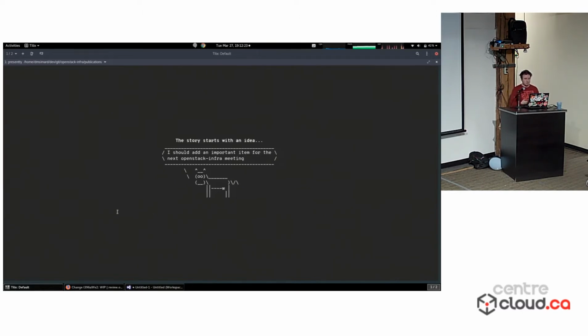It's open source. It's an open community. You can do whatever you want as long as you don't insult anyone. So my idea here is that I want to add an important item to the next OpenStack Infra meeting. And it's actually quite excellent timing, because there was just a meeting today. So I'm going to add an item for the next